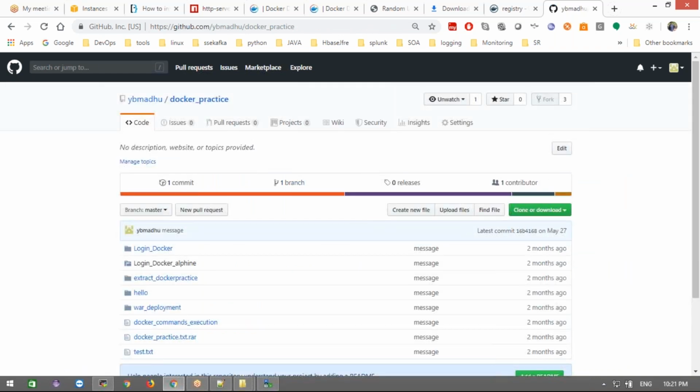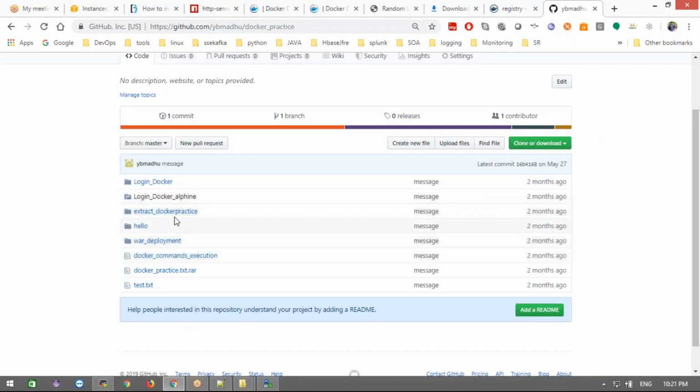If you guys want, you can take this URL and take all these examples from here. If it is Docker Alpine, whatever I gave earlier, take that example for Docker Alpine. Okay, I shared. Take a backup of these two URLs.